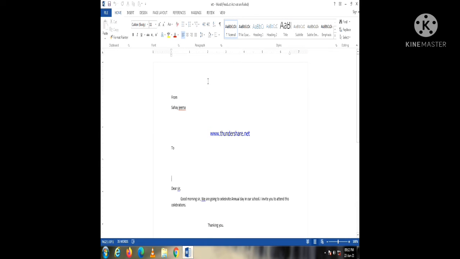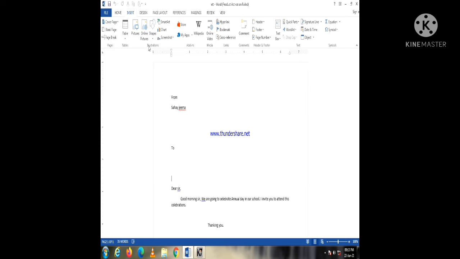Now you can see the document window on the screen. The title bar is located at the top of the document window. Then control buttons are there at the right corner of the title bar. Next, the ribbon is located below the title bar. It contains several tabs like File, Home, Insert, Design, Page Layout, References, Mailings, Review and View. Each tab is divided into several groups. The groups contain a number of commands that you use while working on a Word file. When you click tab by tab, you can see the corresponding groups.